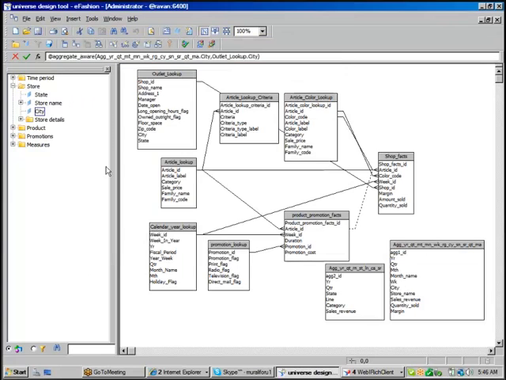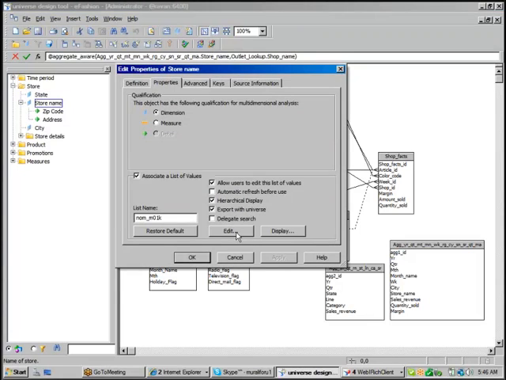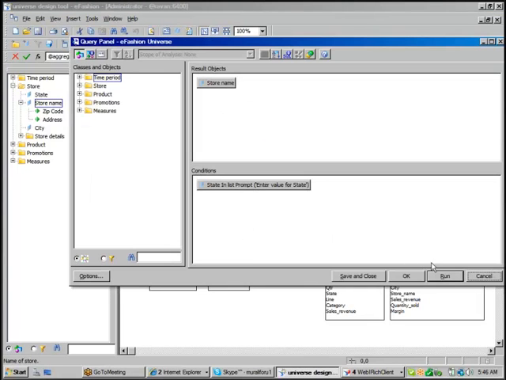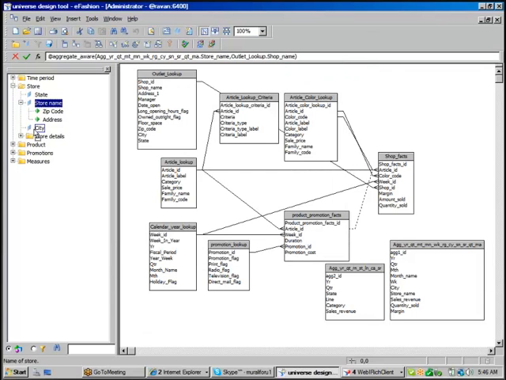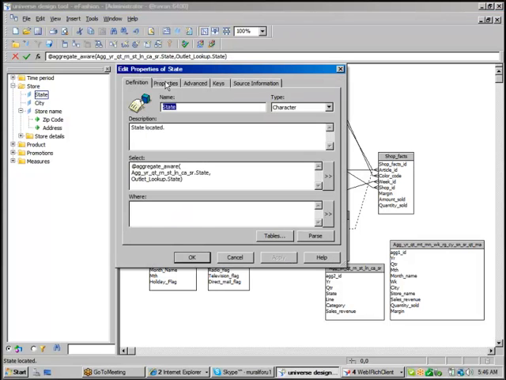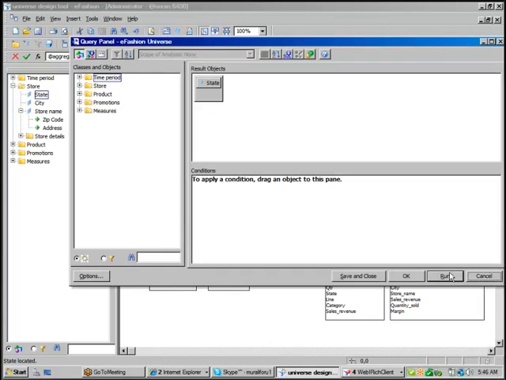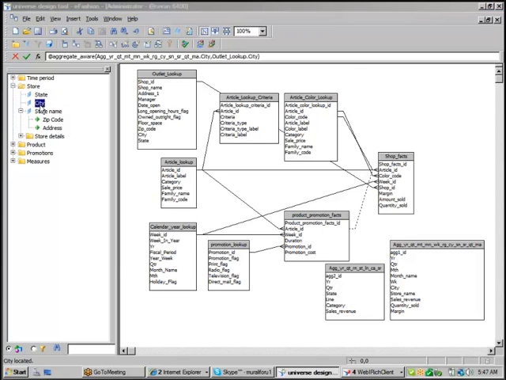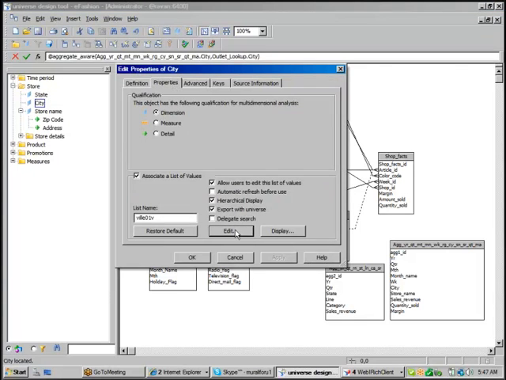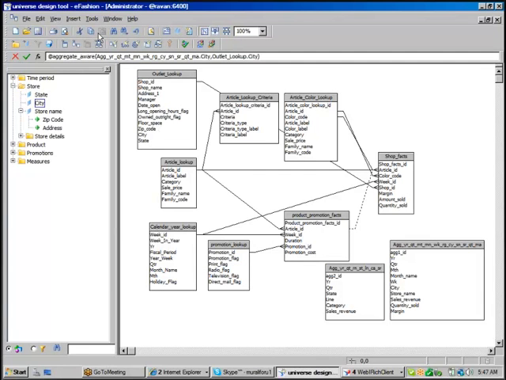The order, when you see, it changed the order because, okay, it's wrong. Now when you check store properties, edit, you don't have any condition. Let me take city, properties, edit. Yes, here it created the wrong LOV, wrong cascading prompt.